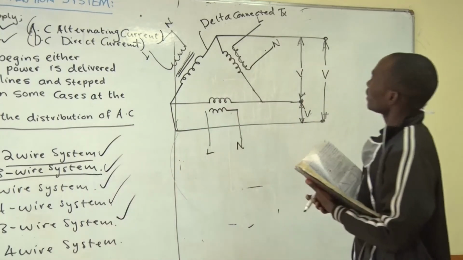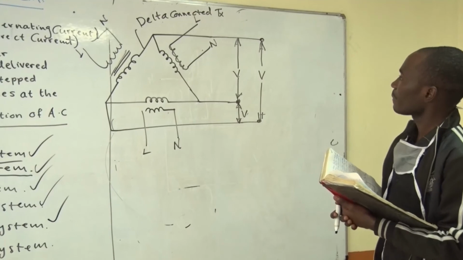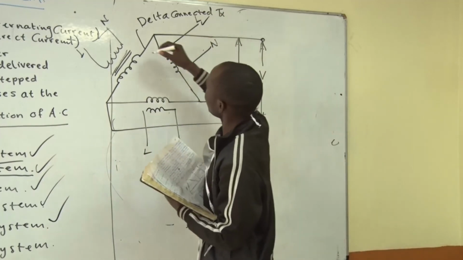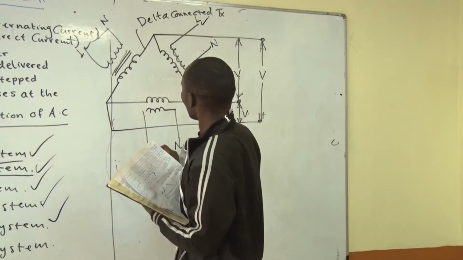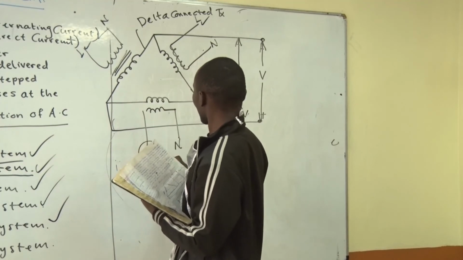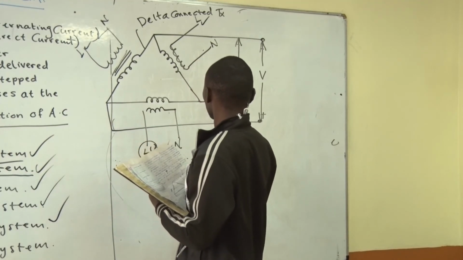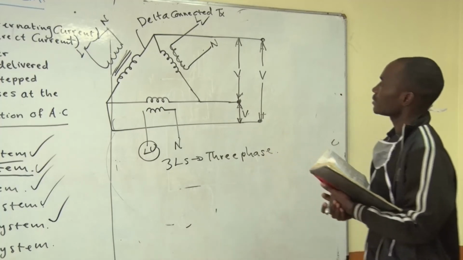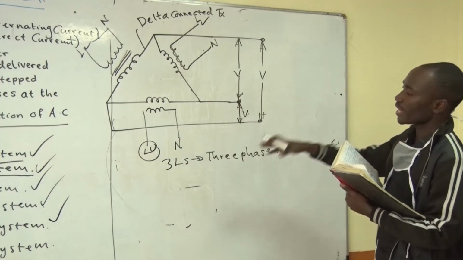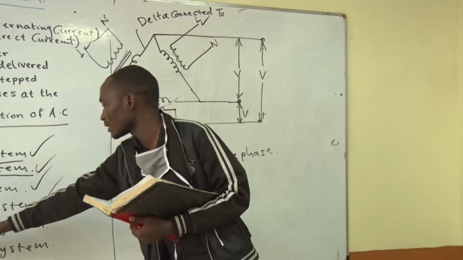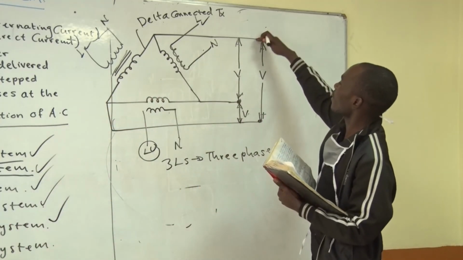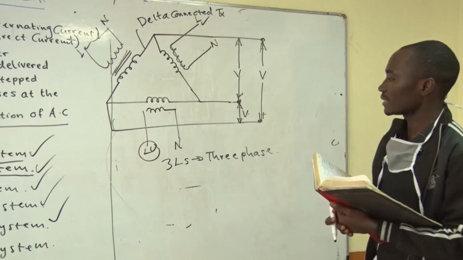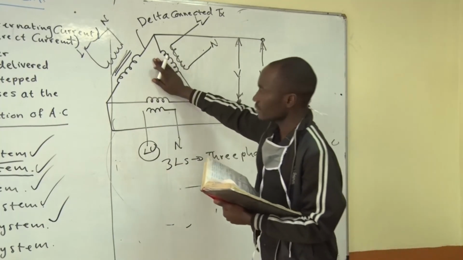So you will find that in the incoming side you will be having the 3 live wires, which will give us the 3-phase. So you can see we have this, we have this and we have this. So the 3 live wires, which are the 3 L's, will give us the 3-phase. While from the outgoing side is where we have, again, the 3 wires, whereby it is a 3-phase 3-wire system. So you can see that we have 1, 2, 3. So if you have been also told to sketch the 3-phase 3-wire system, ensure that you sketch it like this.